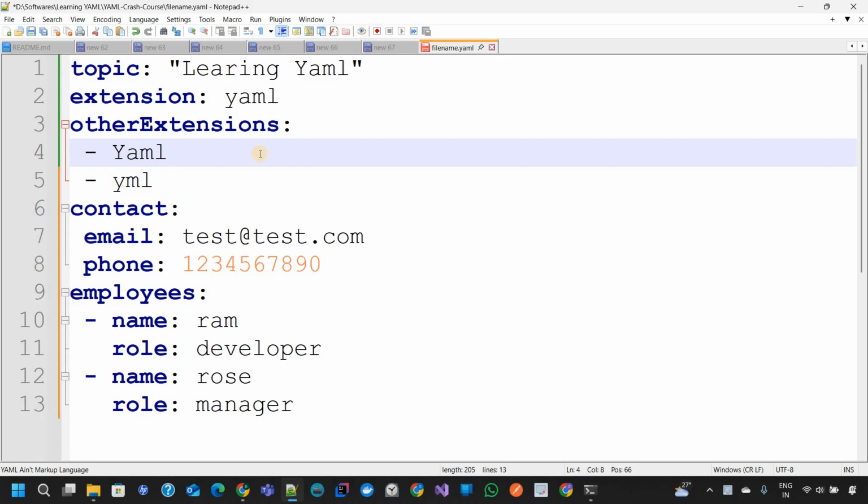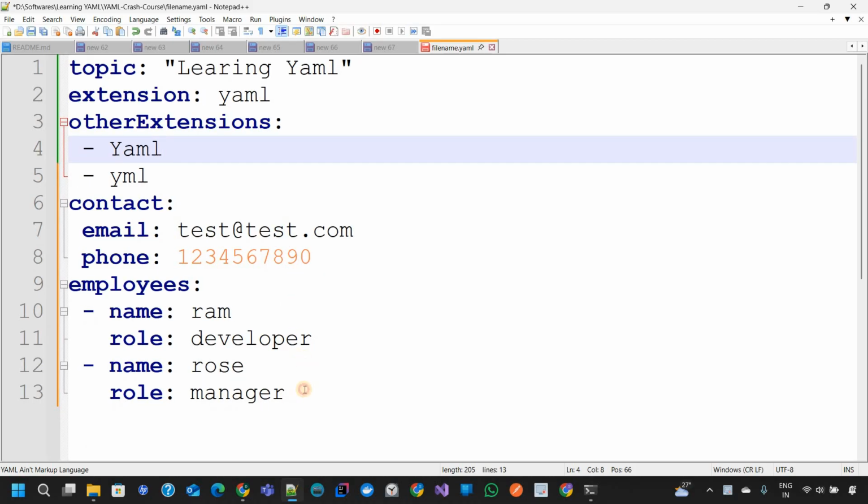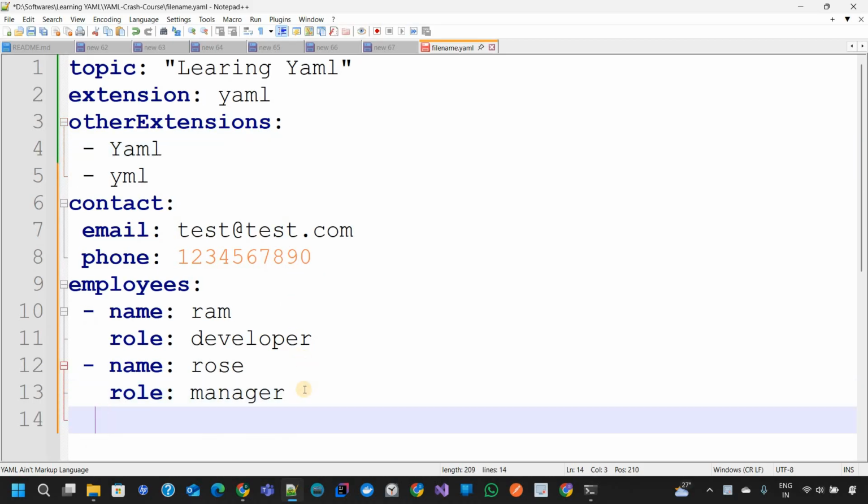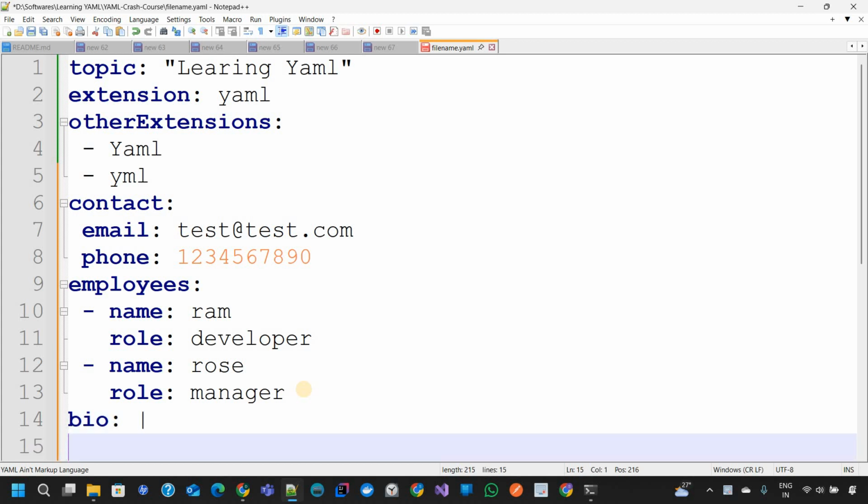Let's see our last topic, or you can say how to provide multi-line things here. Okay, so let's take an example. Let me come back here and type as bio. Now we have something called the pipe indicator. Pipe indicator denotes, okay, this is something which is a string. Let me type it from here below as Rows is a manager